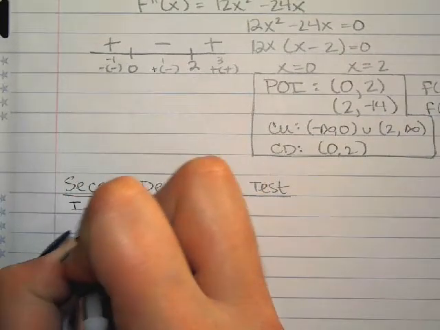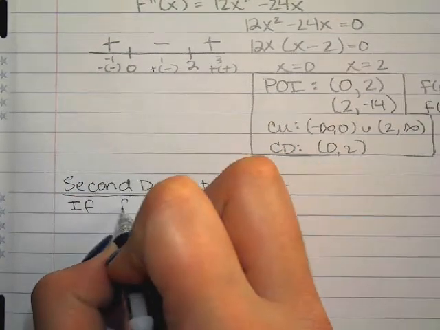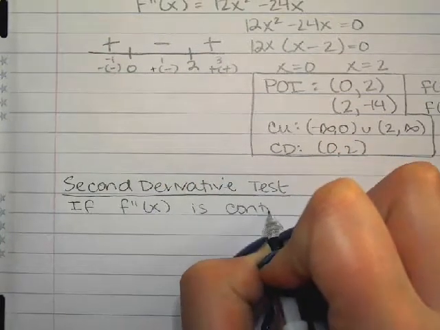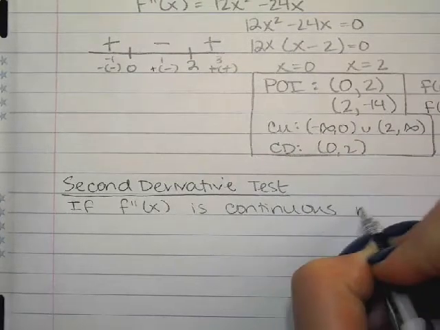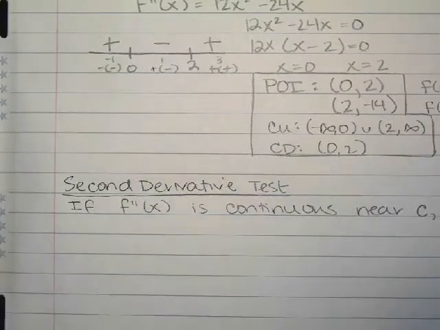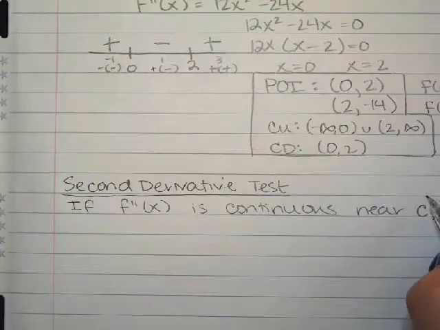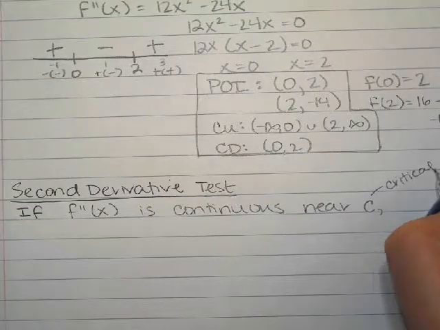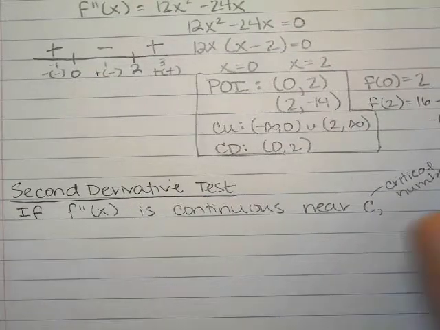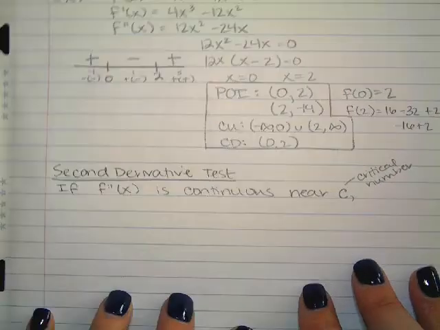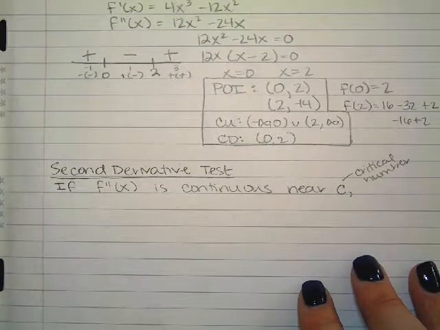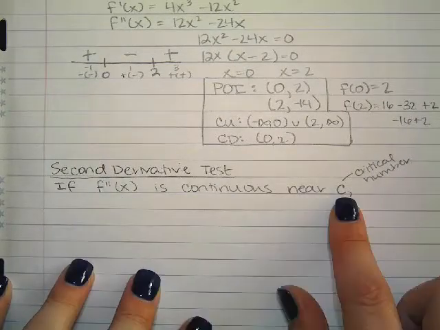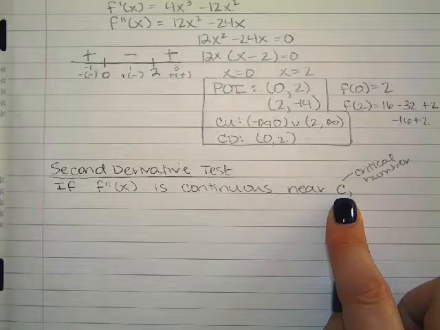So the second derivative test says if f double prime, so if the second derivative, is continuous near C, and that C value I'm talking about is the critical number. And how do we find critical numbers? First derivative is 0. Yeah, so it's where the first derivative is 0, or where the first derivative does not exist. So if the second derivative is continuous at the critical value, which we did still get from the first derivative,